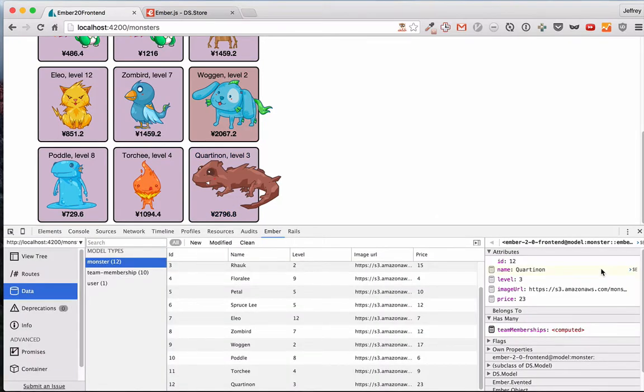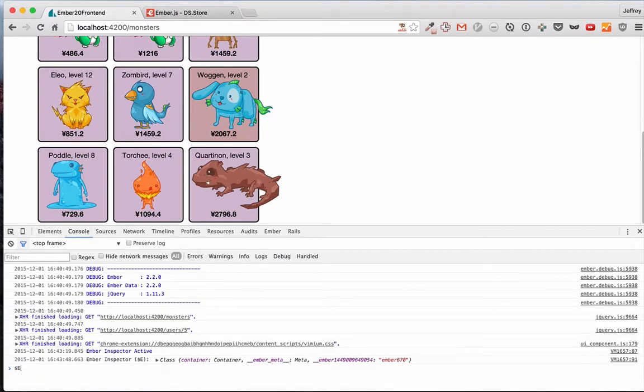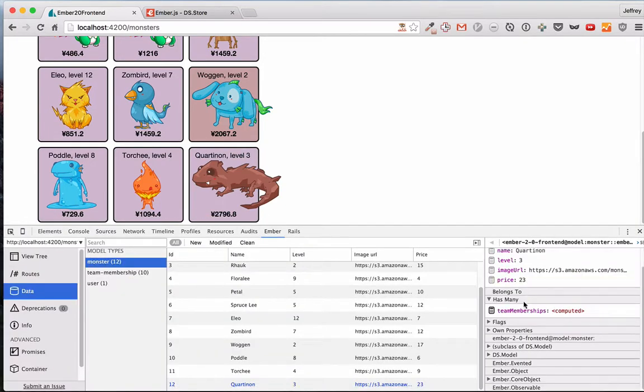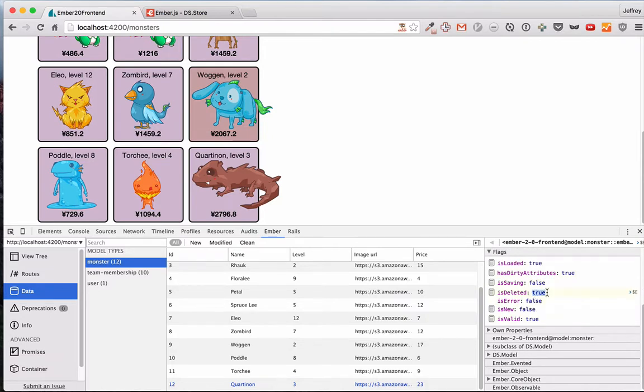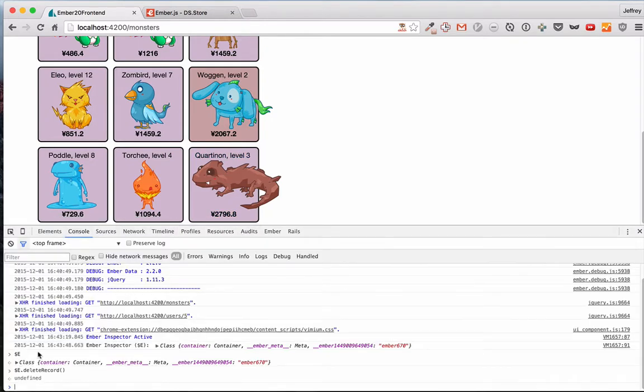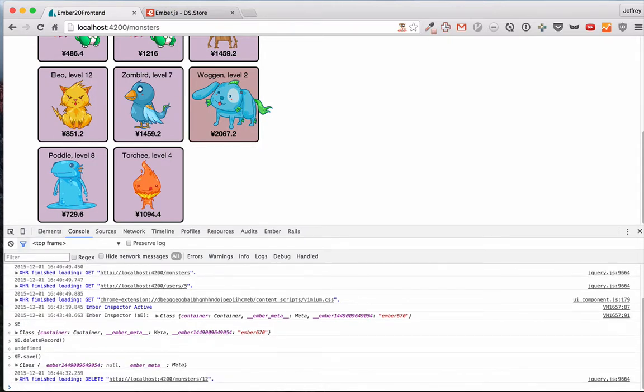Now, there are several ways to delete a record. Most of them involve first getting a copy of the record. So we'll go ahead and grab a copy of our coordinate, and then in the console here, $E is a copy of that, and then we'll call deleteRecord on it. Notice here that it's changed, and it has isDeleted as true, but it hasn't removed it from here. And it also didn't send anything to the server. To do that, you have to call $E.save, and now it disappears, as well as it sends a DELETE request